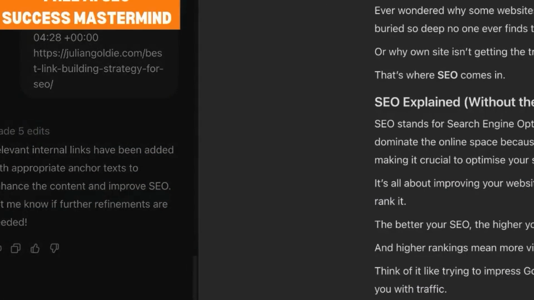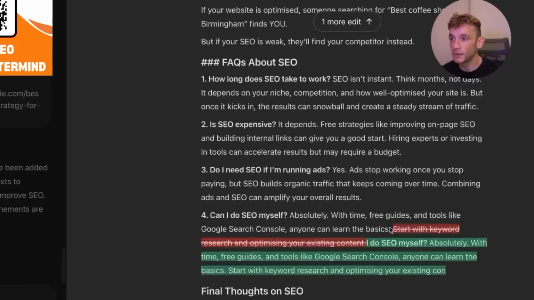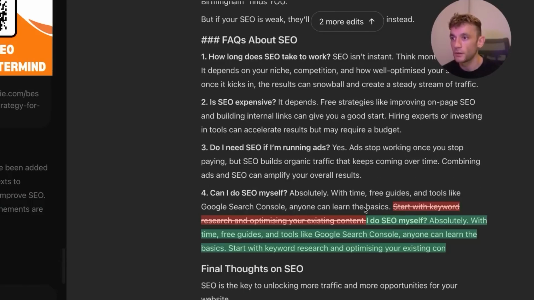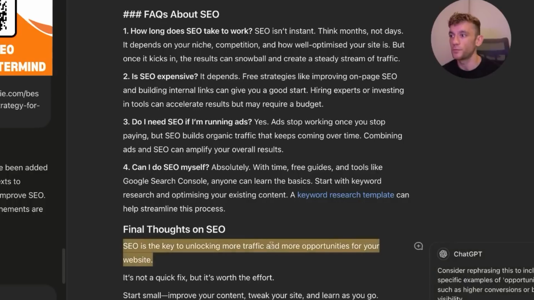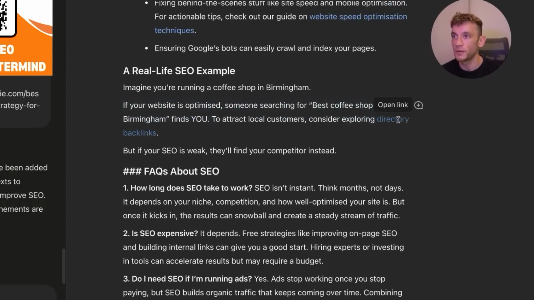If we click on "made 5 edits" like so, we can see where it's inserted the internal links throughout the content. You can also see the changes in green, and if you press escape you can get out of that mode and then just see what's happening here, right? So you can see, for example, the new links that we asked it to insert automatically throughout the content, which